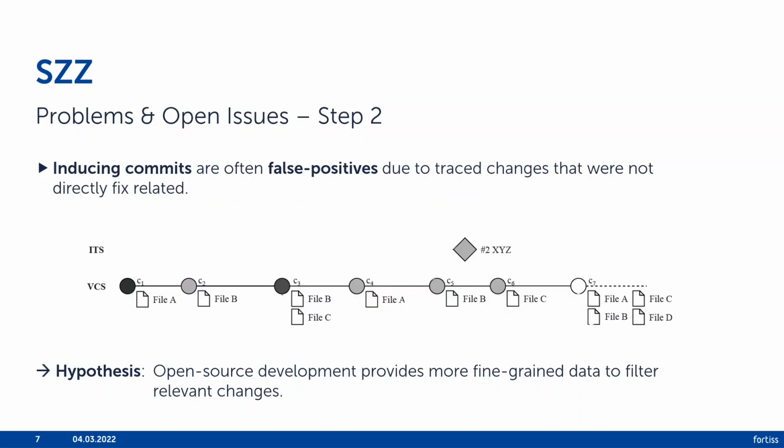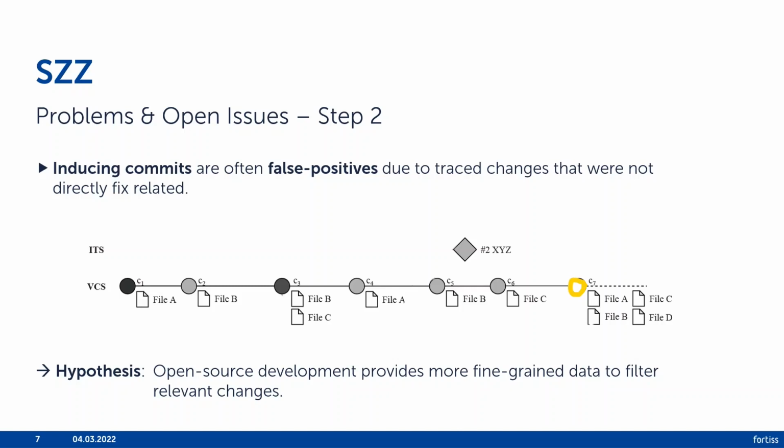In the second step of the algorithm, there are oftentimes too many inducing commits produced, which means there are many false positives due to the trace changes that were not directly fix related. If we look